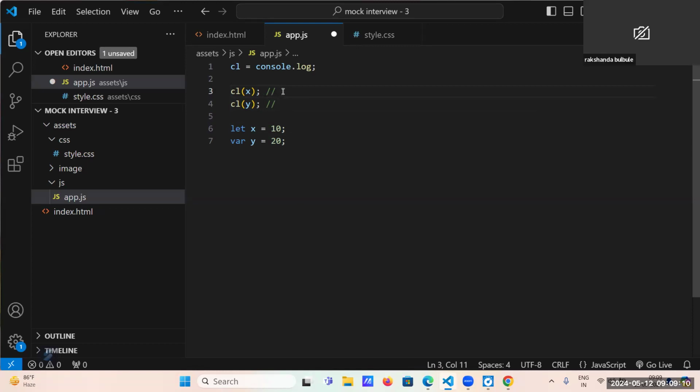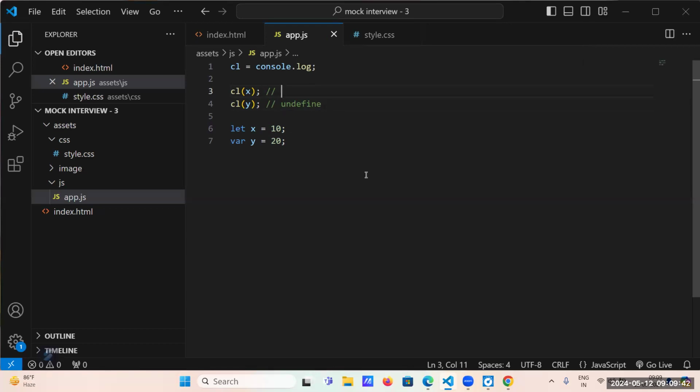Sir, it gives undefined. Sorry, I mean, we cannot use hoisting with the let keyword before initialization.